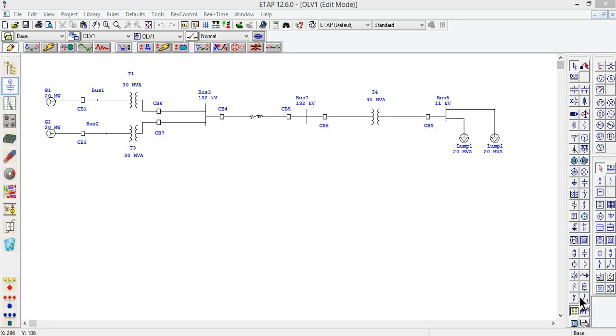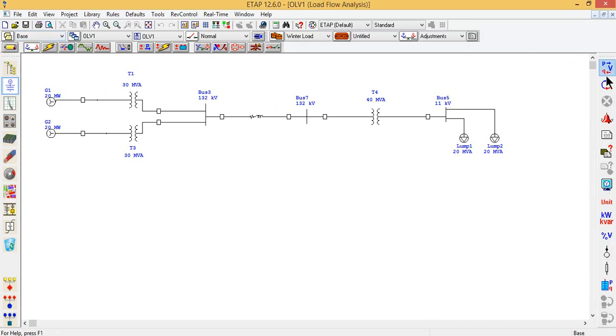Welcome to part 3 of this video, and in this part we will be focusing on short circuit analysis using ETAP. We already have designed our system and we were able to run the load flow analysis and analyze different load parameters of this system. Now we will be moving on towards the short circuit analysis, which is done by this short circuit tab. We go on to the short circuit tab.